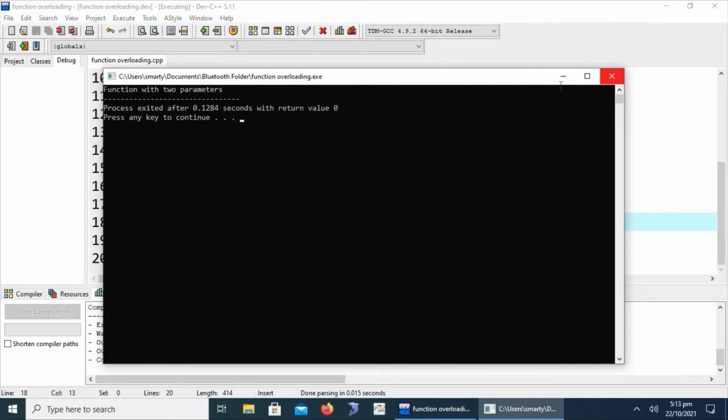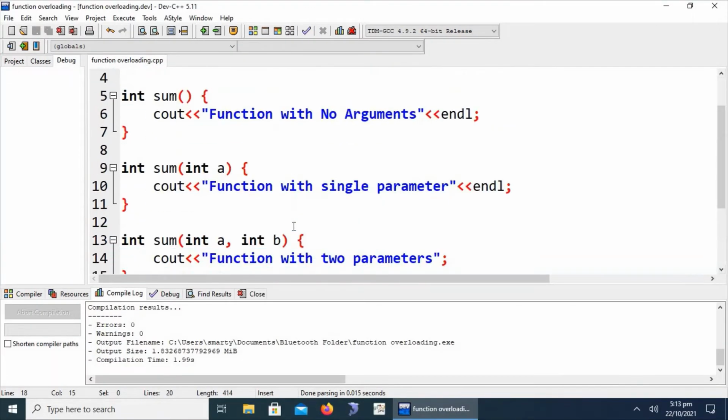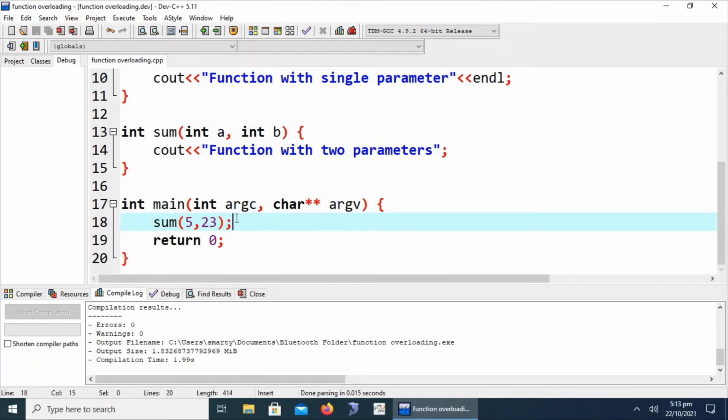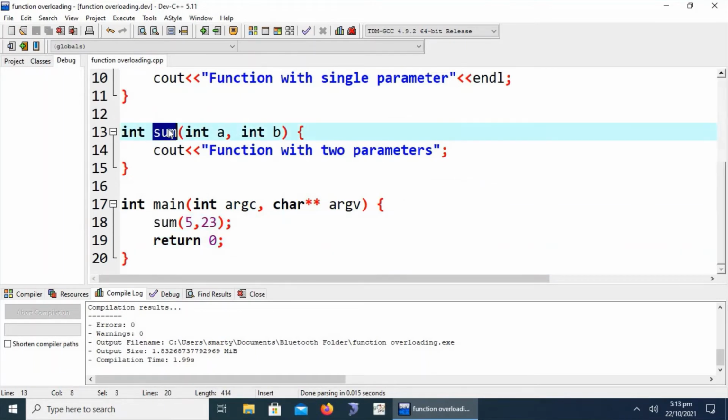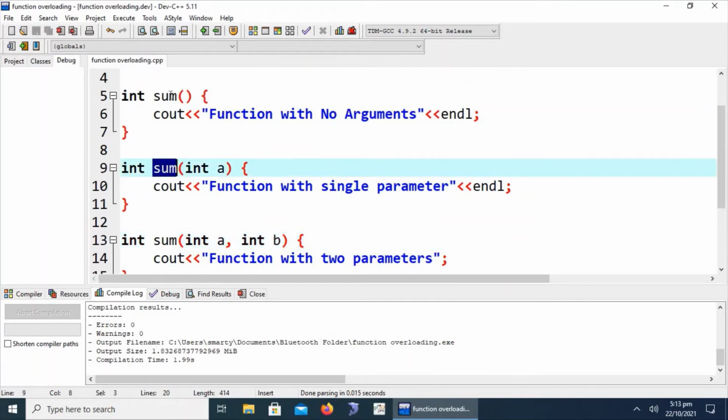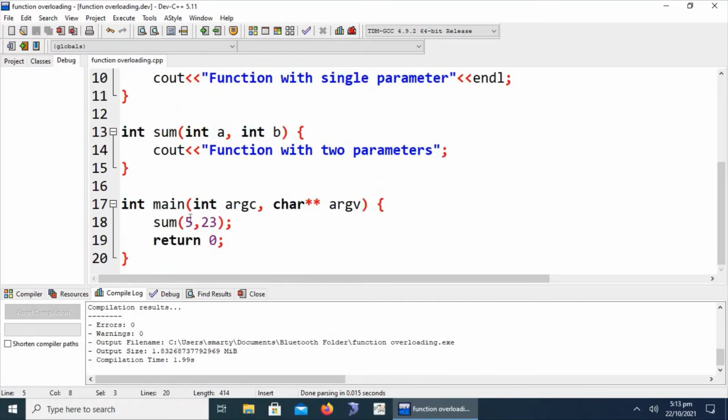This concept, this technique, is called function overloading. This is the feature of C++ that automatically binds the function call with the appropriate function definition, that is, which function is called.